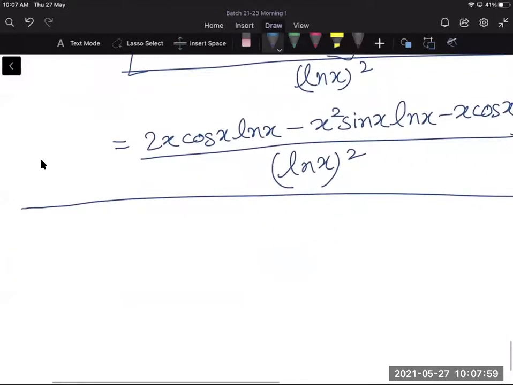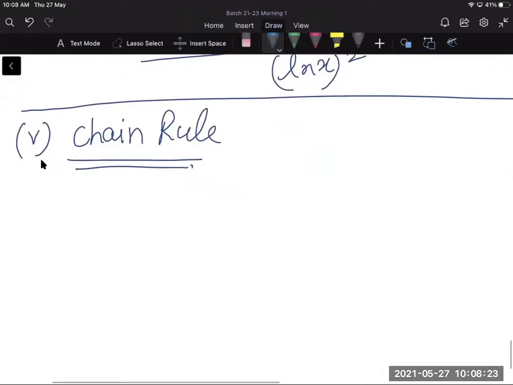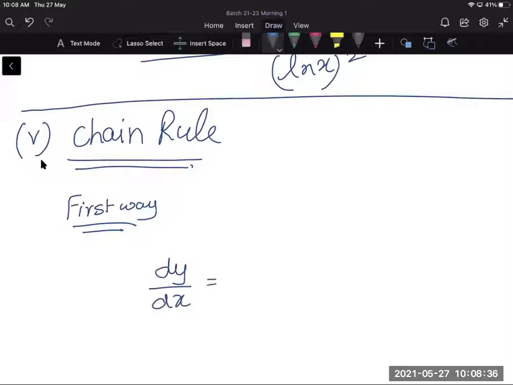So rule number 5 is called the chain rule. Now there are two ways of looking at the chain rule. I will tell you both. So the first way, the official way, is that dy by dx